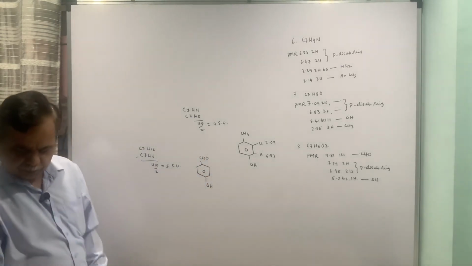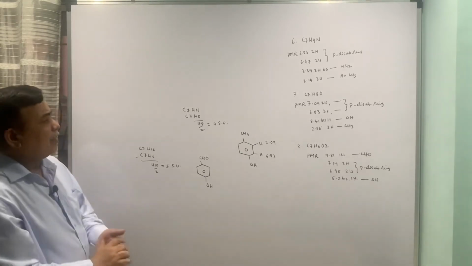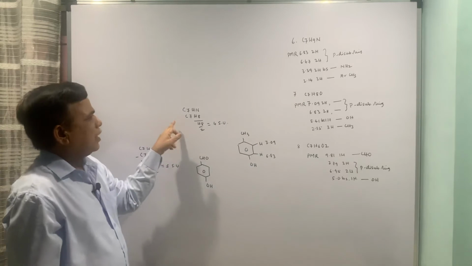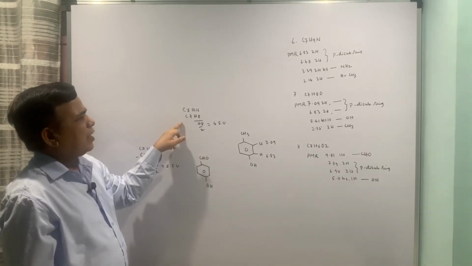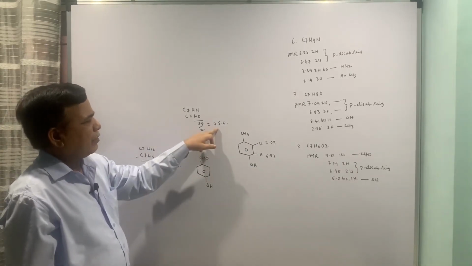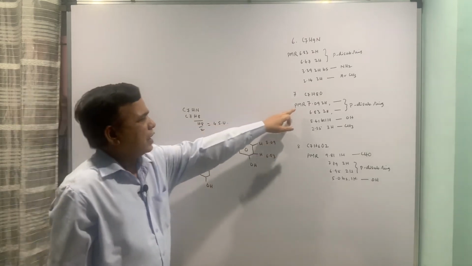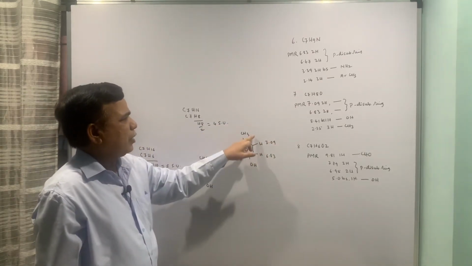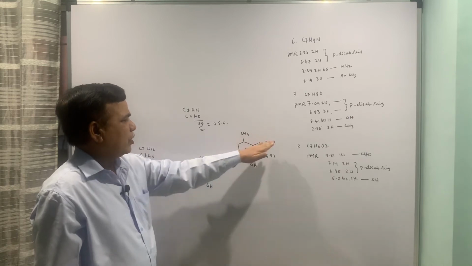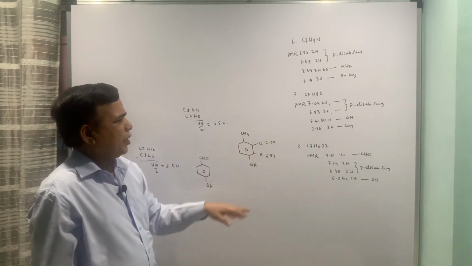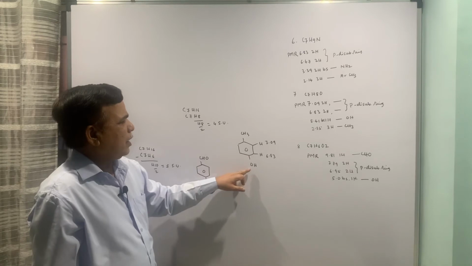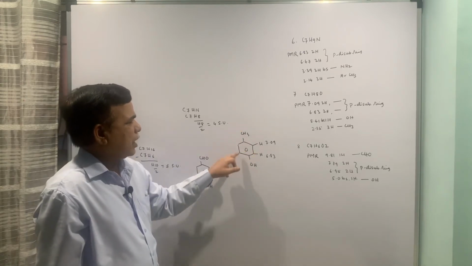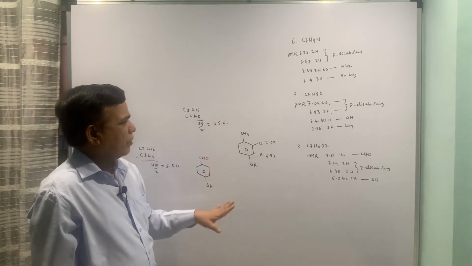So once again I will just quickly revise. For this example, C7H16 minus C7H8, 4 degrees of unsaturation, 7.09 and 6.83, these are the 2 aromatic protons, and of course these protons are equivalent, so they are appearing together. 5.41 is this one, 2.35 is this proton, and 4 degrees of unsaturation are taken care of.